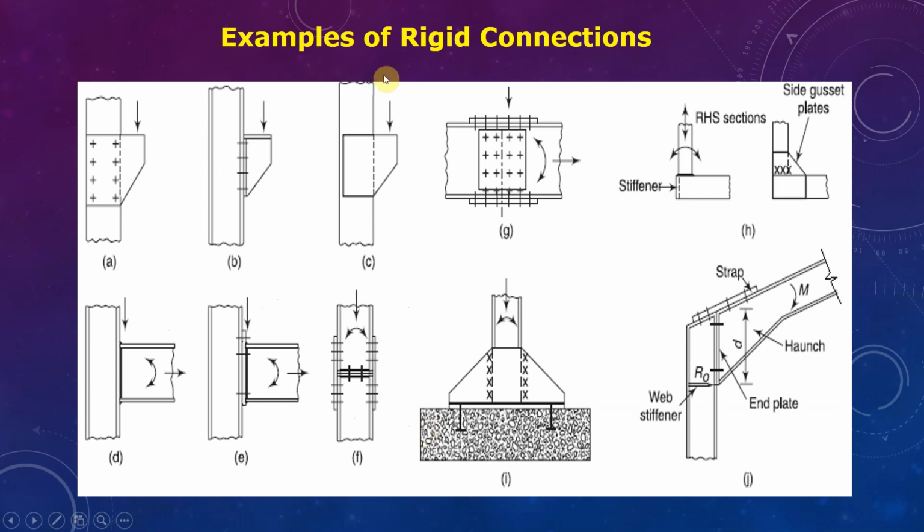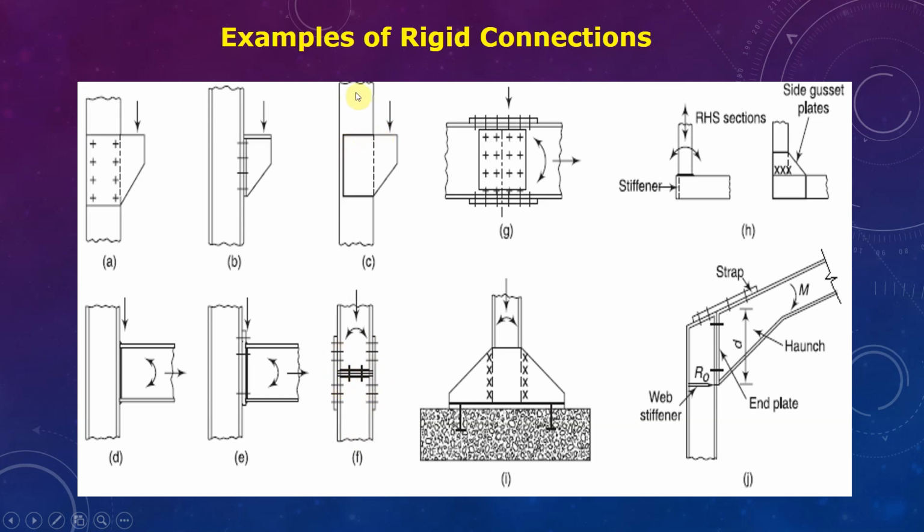Now these are examples of rigid connections. Column and beam are connected by means of welding on either side of the beam web, on the top of the flange, and bottom of the flange. Similarly here, the column is connected to the beam by providing a plate in between them, and that plate is connected by means of bolts to the beam, and this complete plate is connected to the beam by means of weld. Here two columns are connected by splice plates.